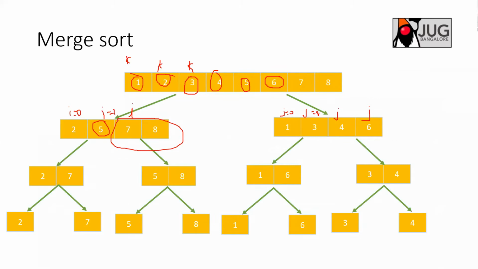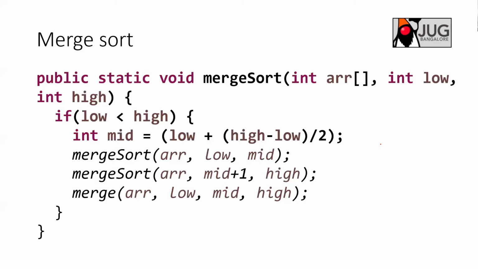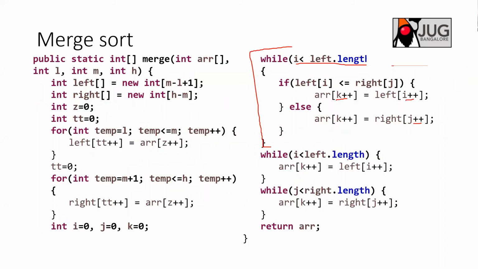So what you do, you iterate through, because you know that one of the loops has already ended. So the remaining items I need to just copy back. So that is what I'm doing here. So here you check i is less than left.length. Yes, it is. So you just copy all the elements until you come out of this loop, because the right side is already copied, and then finally you return the array. So it is pretty simple.